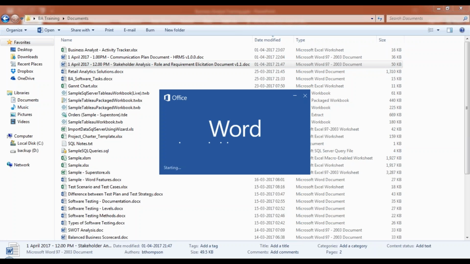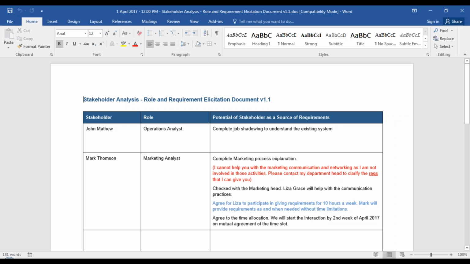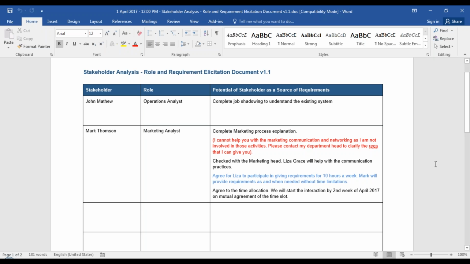Here is another one, a stakeholder analysis, role and requirement elicitation document. Here is a sample document that goes to and fro to understand the stakeholder analysis. Complete marketing process explanation is expected from Mark Thompson.